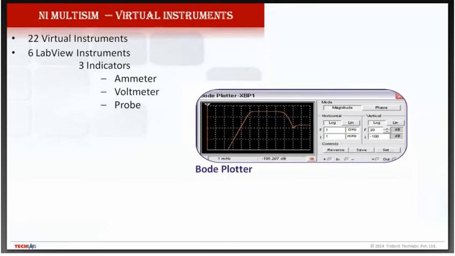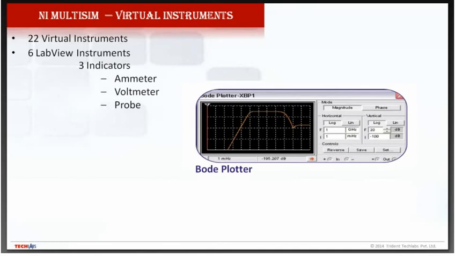As I've mentioned, there are virtual instruments. All the instruments I have previously mentioned, like multimeter, function generator, LabVIEW instruments, indicators like voltmeter, ammeter, and different probes, all those instruments which we can get in a real lab with real hardware are present over here in a single window.